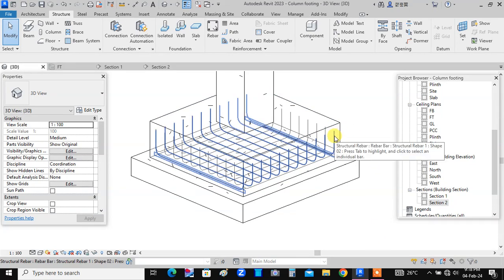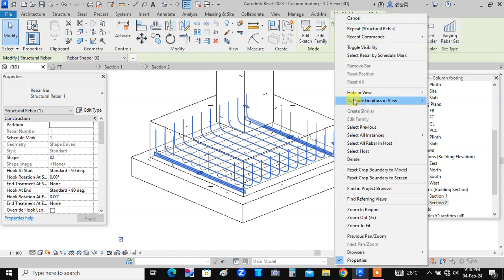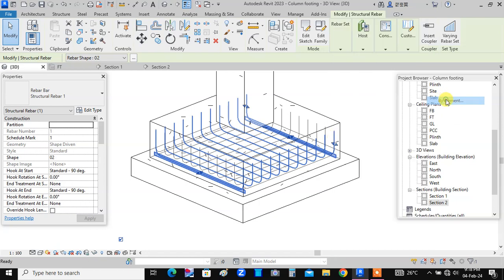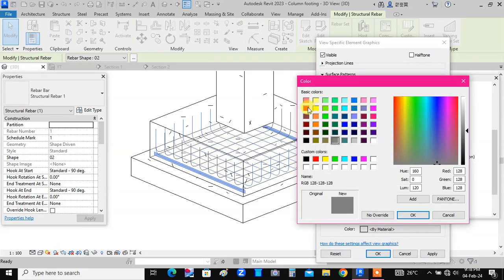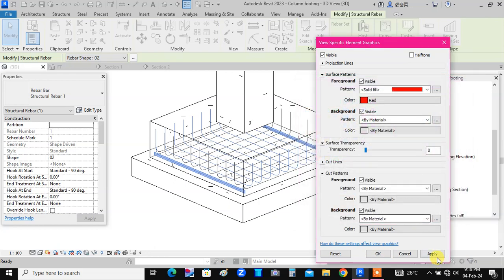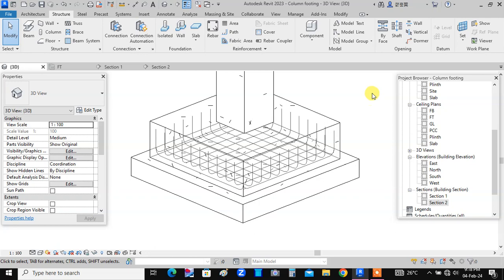So here, how to change the color? Select the bars, just right click, override the graphics in view by element, right? Then here surface pattern is given. Select the surface pattern, solid fill, and here we can select the color which is to be given to the bars. So I have selected red color and here press apply. OK. Now here the bars will be shown in red color,